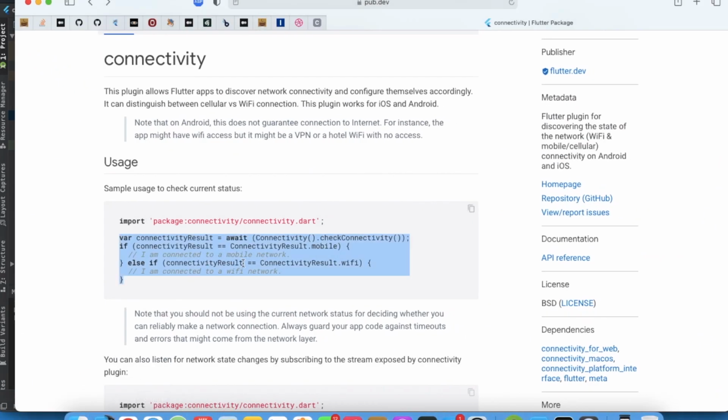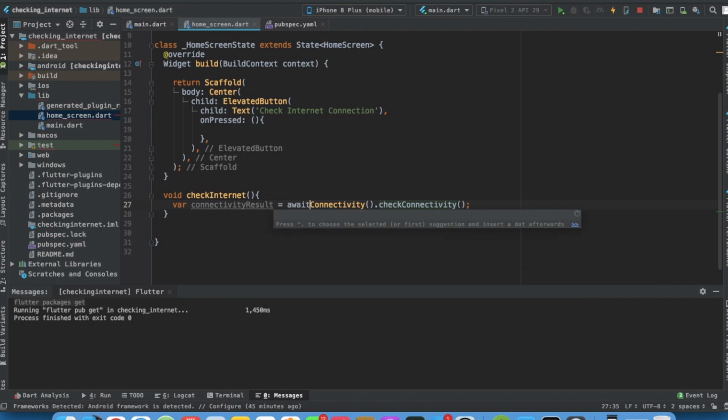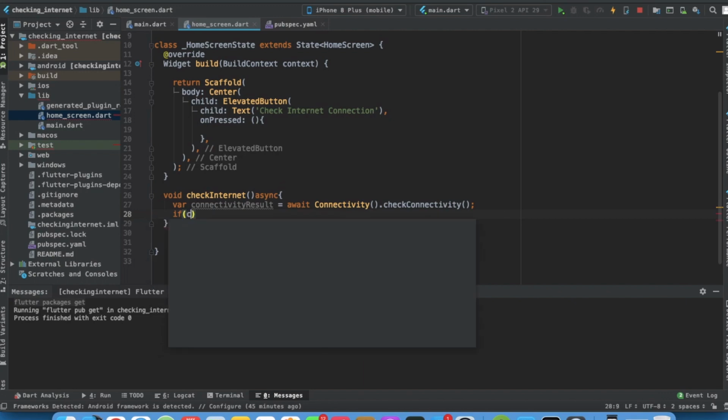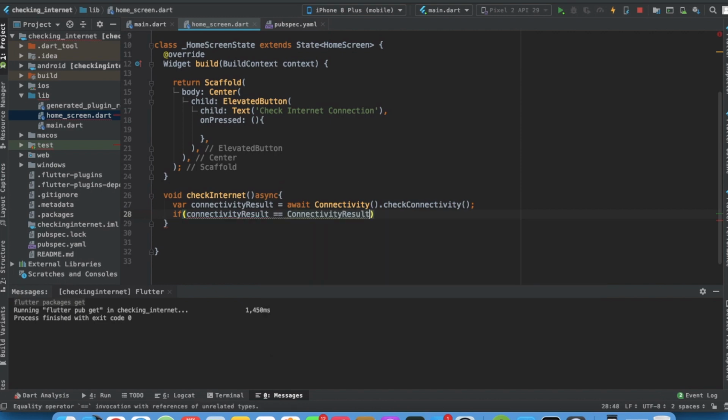Coming back, we have to use the await keyword before using our connectivity. So I will write await over here, and whenever we use await, we have to use an async function. So I have taken async await. Now let us check our connectivity result. I will start an if statement. If connectivityResult is equal to connectivityResult.mobile, meaning we are connected to a mobile network, then this if statement will be called.